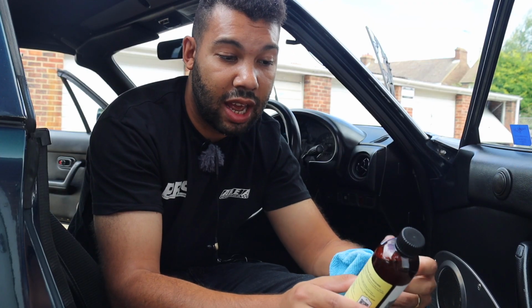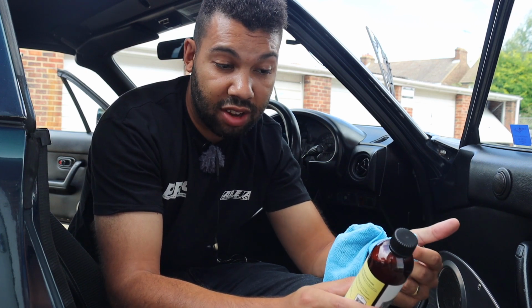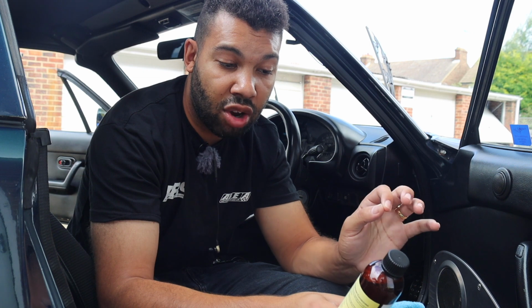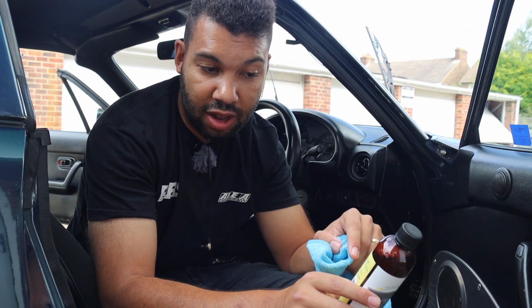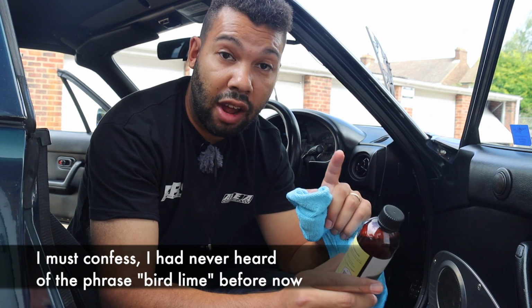The instructions are very clear. So, for example, if you want to use this on interior plastics, fabric or carpet, which I'll be doing in a few moments, I'll be focusing on the interior trims, you have a ratio of 2% product and the rest water, i.e. 98%. If you want to use this on paintwork, pre-wash, door shuts, bug splatter, or bird lime, you use a